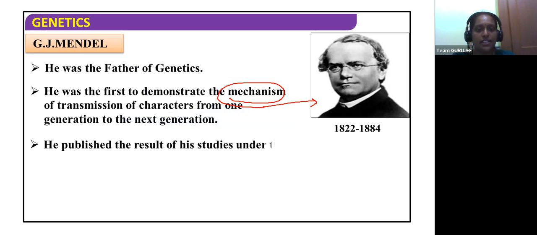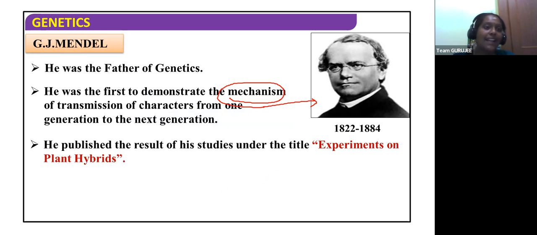He published the results of his studies under the title Experiments on Plant Hybrids. Today, a lot of things we eat are hybrid. Nothing is wild or purebred. So what is purebred? What is hybrid? Have you all seen these watermelons that have a dark rind, smaller ones, with no seeds in them? That is usually a hybrid. The natural ones are usually bigger and have lots of seeds in them. The seeds are said to be the babies of the plant. That is where we get new varieties from. So if you are fertilizing without the seed, then it's going to be called, what is that called?